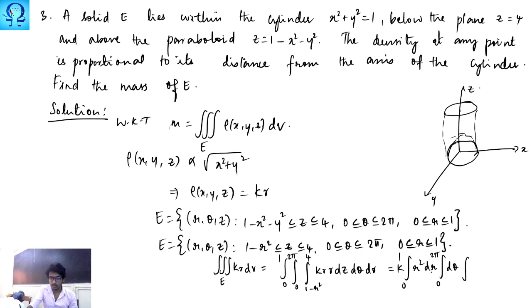and integral, just a minute, only theta you can take outside and the rest of the things you cannot take outside since the z value involves this one. So first let us integrate with respect to z. You are just going to have z times r squared, for this you will have to substitute this limit, and d theta dr is that.